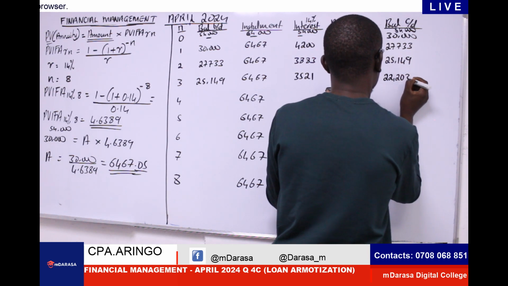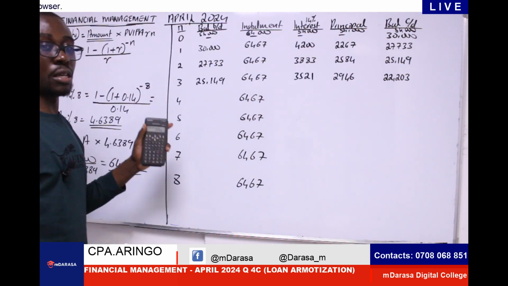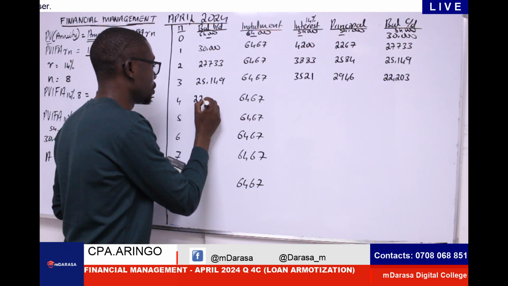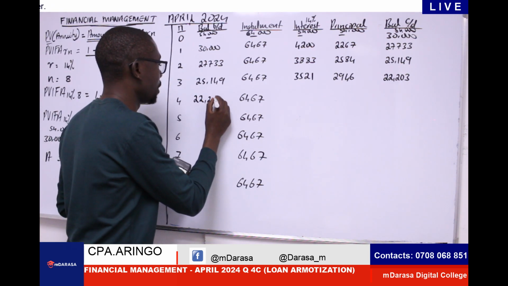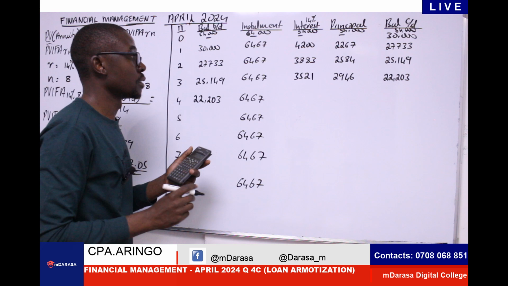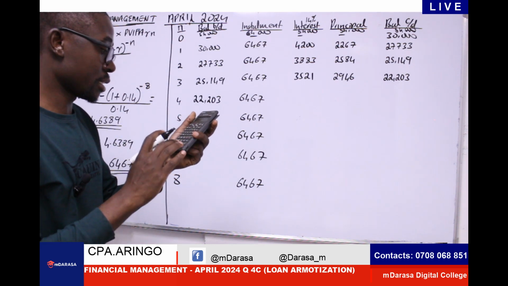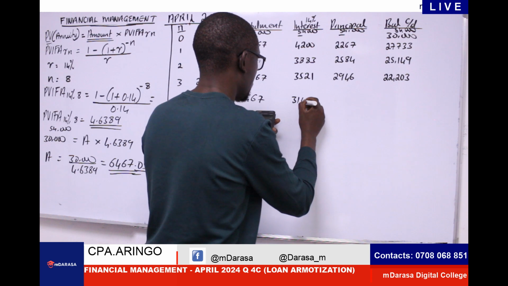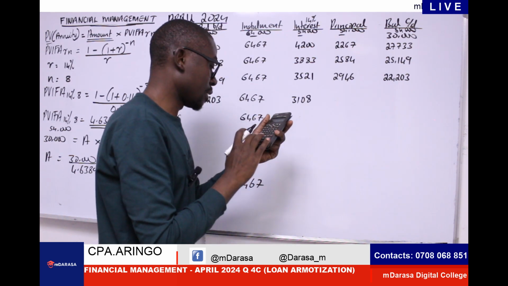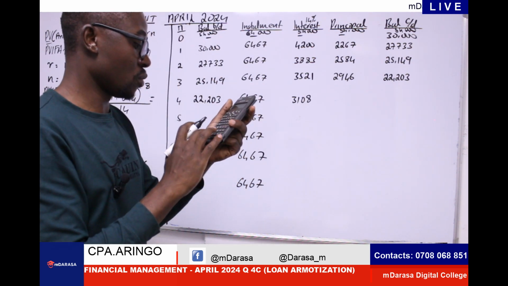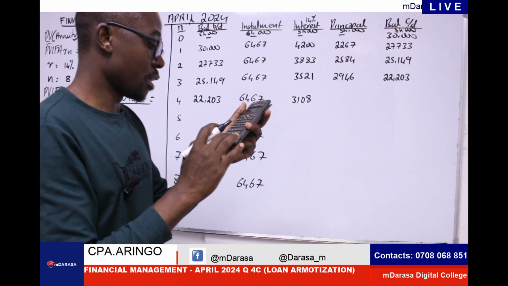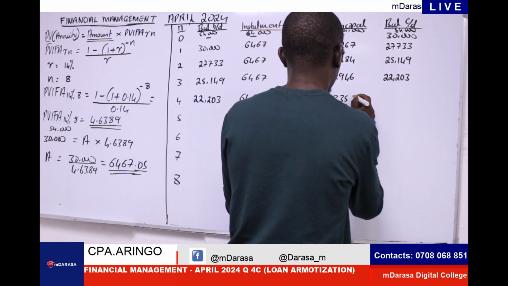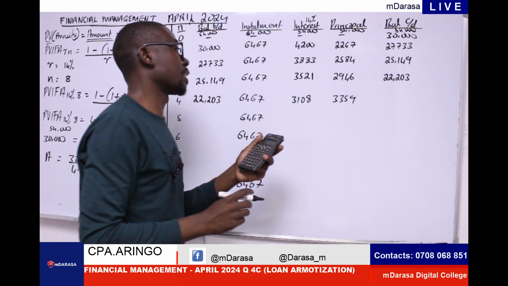22,203. Okay, so if we open year 4, I'll be having 22,203 times the interest component. My interest therefore will be having 3108. 6467 minus 3108. This should give us 3359,